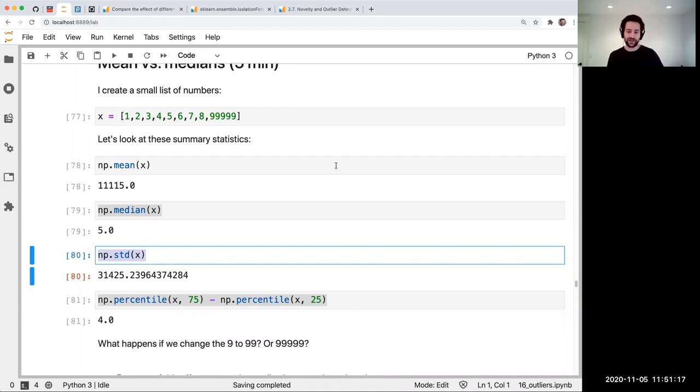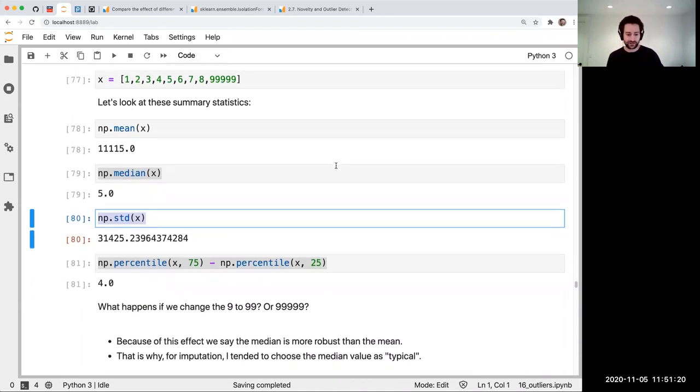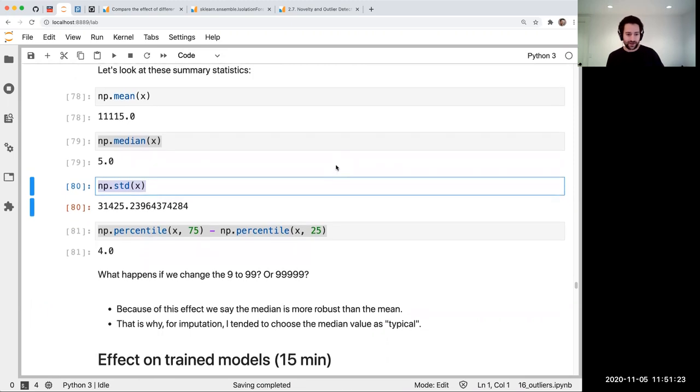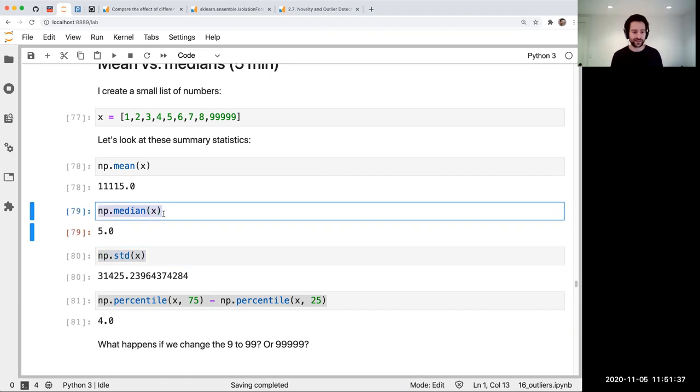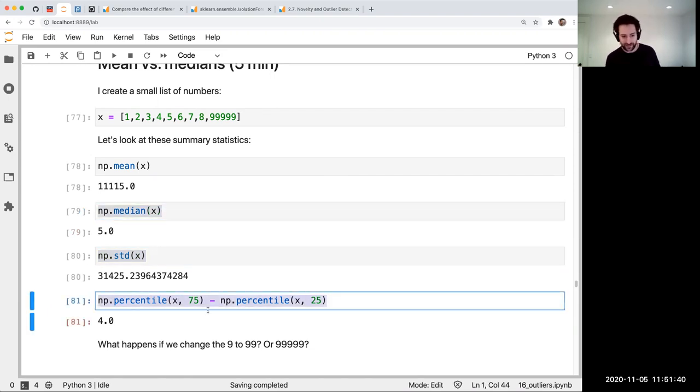And so what does this all have to do with applied machine learning and what we've been doing? Well, the standard scaler, for example, computes the mean and divides by standard deviation. And so it's really affected by that. I don't remember exactly what the robust scaler does in scikit-learn. I can check. But if it did something like shift by the median and divide by this interquantile range, that would be a case where it would be robust to outliers. I don't know if that's exactly what it does. But the way you pre-process things, you might use some of these robust statistics and it might make outliers affect you less. Furthermore,